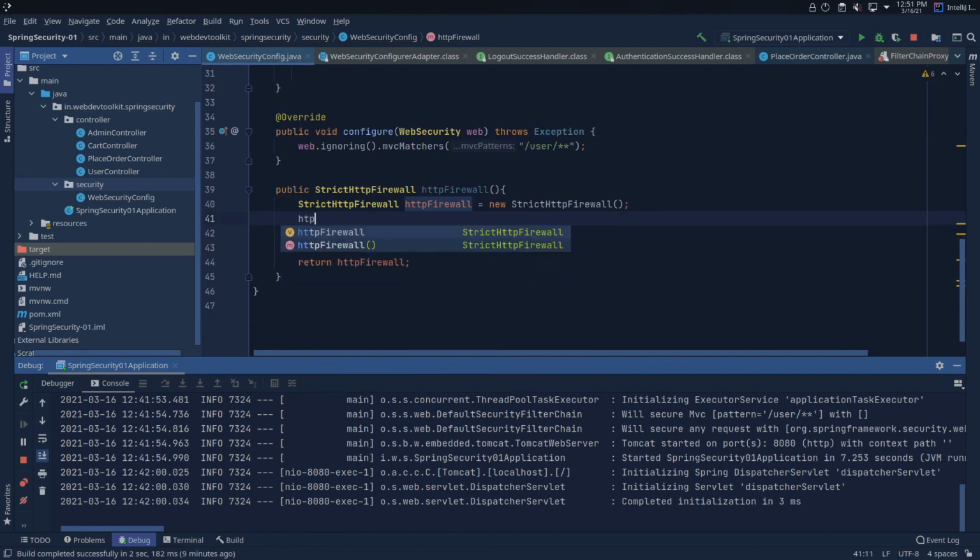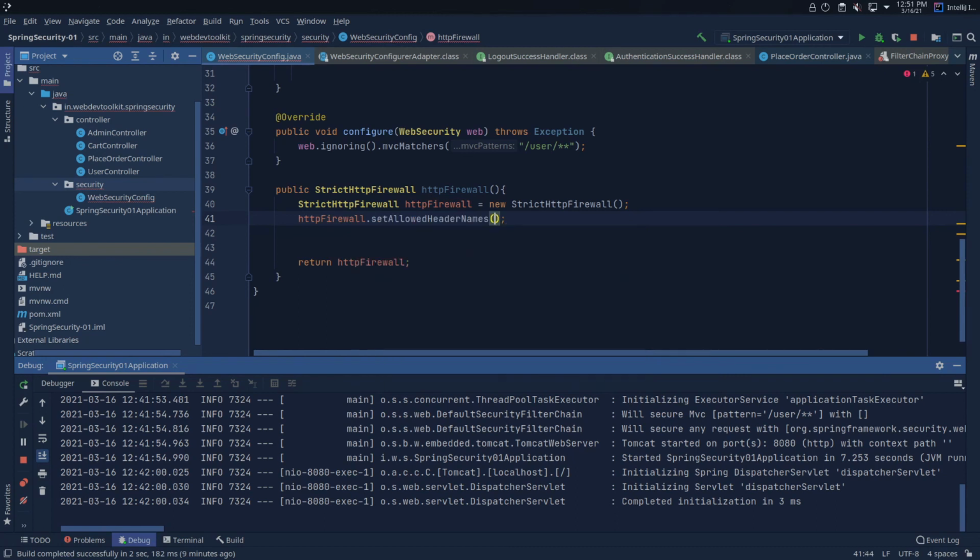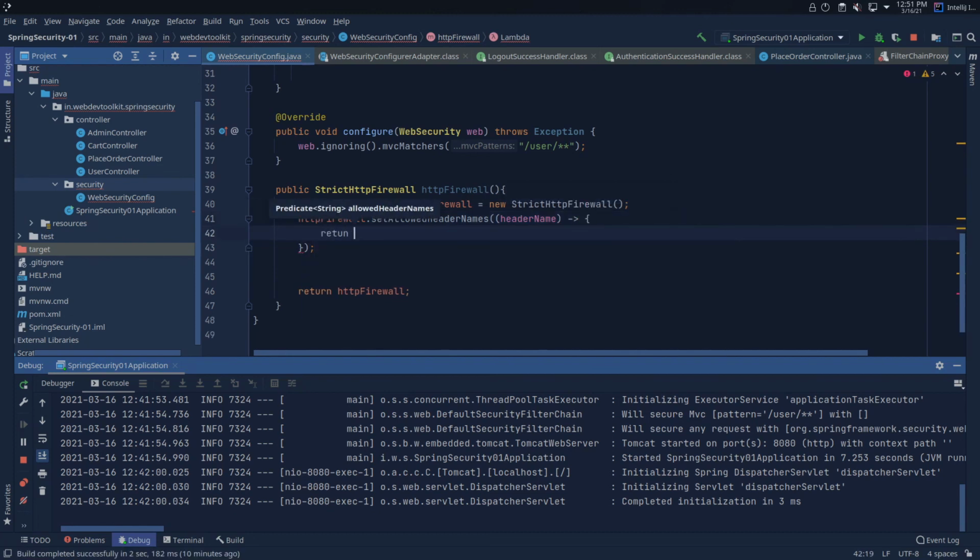You can configure rules for your HTTP headers and all kinds of sanitization here. For example, here you can set allowed header names, and you can use any regex pattern to check whether it satisfies that requirement or not. You will get the header name as a parameter, and here you can return, let's say, I'm just returning true.